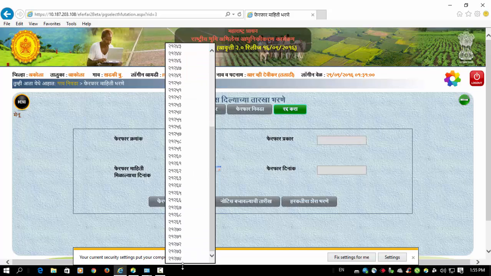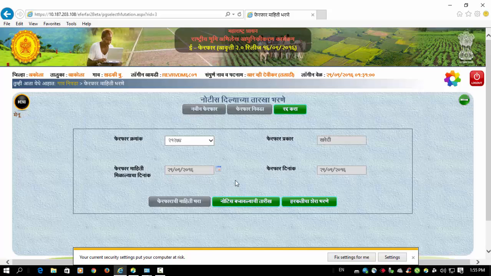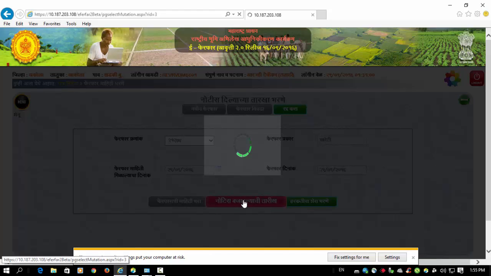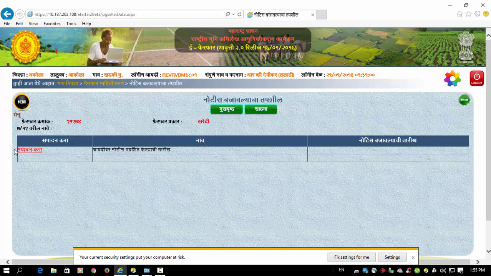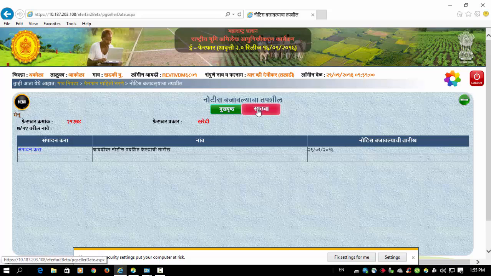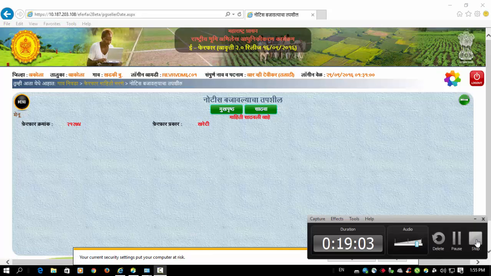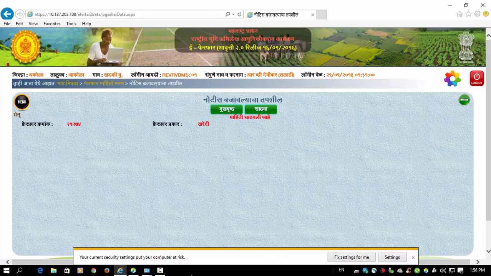These are the number of mutations. Our mutation number is 21274, that is type of kharedi. Now we will enter the dates on which we have served the notice. Now we will save that date.